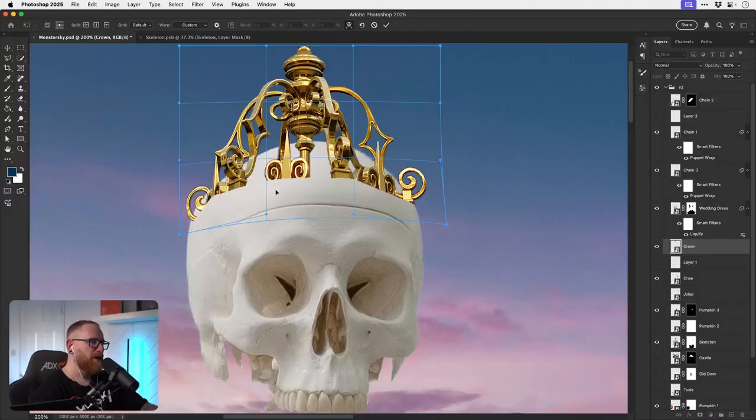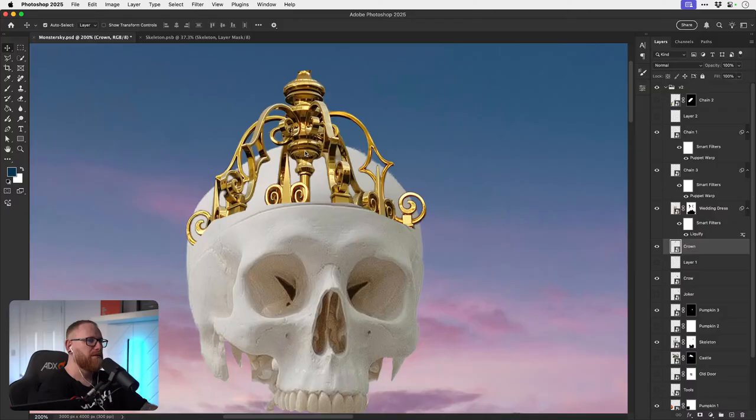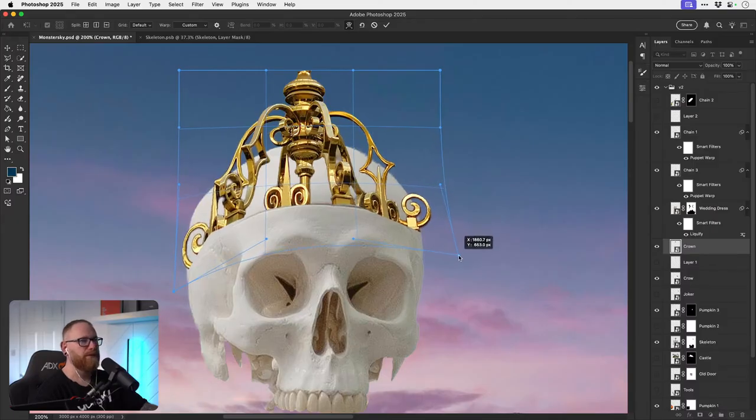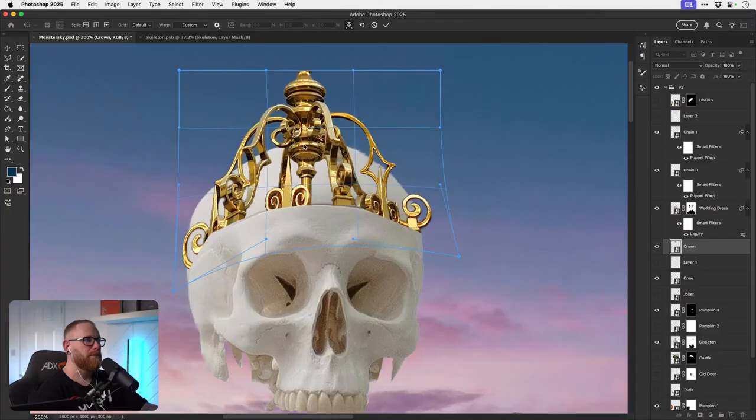Crown. It should come lower, actually, I think. So let's bring it lower. Yeah, maybe like this. Ooh.